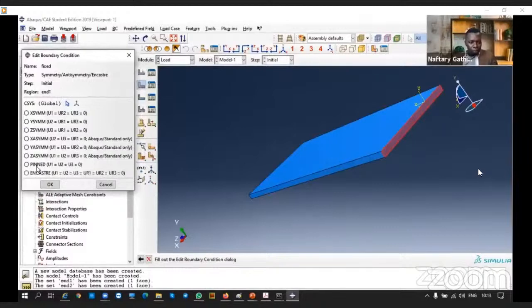You see the pinned. You can define pinned. You can define fixed. Fixed, you see U1, U2, U3, all these are fixed. There is no translation or rotation. So it's totally fixed. Here is pinned, so rotation is allowed. Now this one, these are